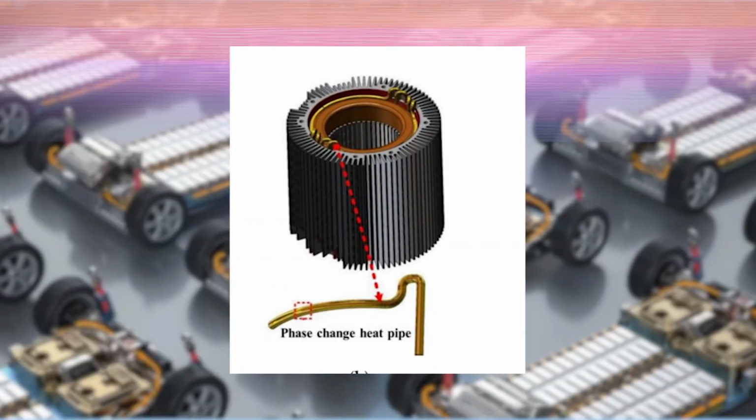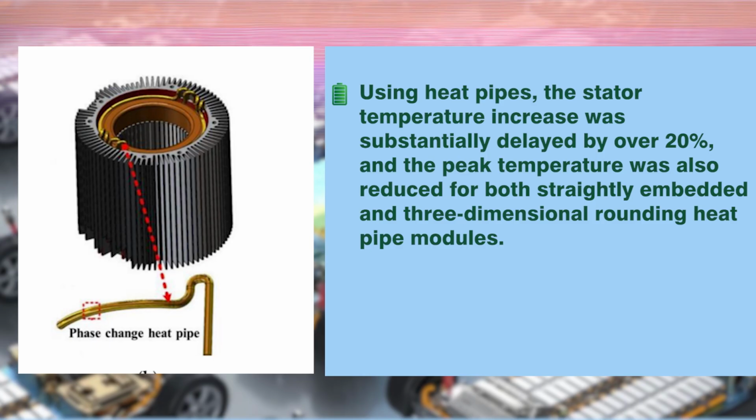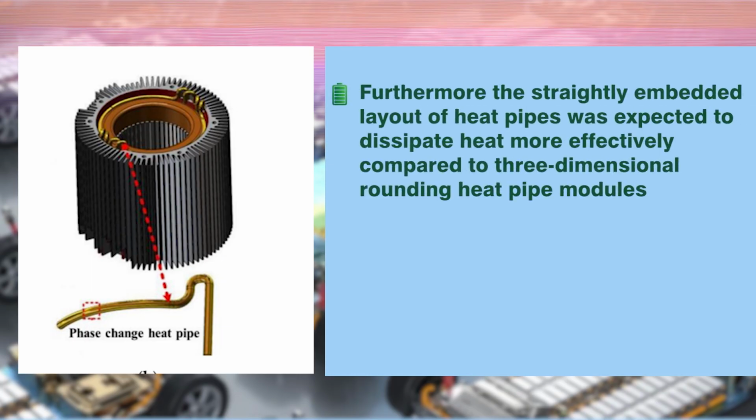So, how is it done? The figure here shows the phase change heat pipe which is incorporated in between the windings. So, using heat pipes, the stator temperature increase was substantially delayed by over 20% and the peak temperature was also reduced for both straightly embedded and 3-dimensional rounding heat pipe modules. Furthermore, the straightly embedded layout of heat pipes was expected to dissipate heat more effectively compared to 3-dimensional rounding heat